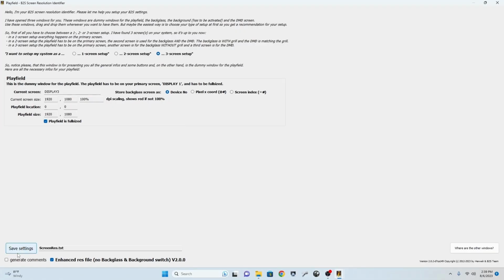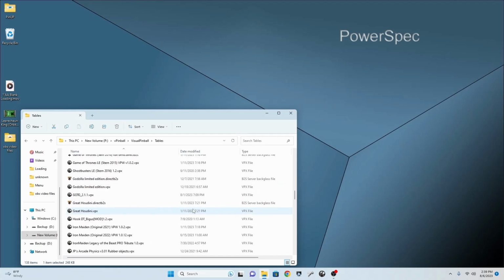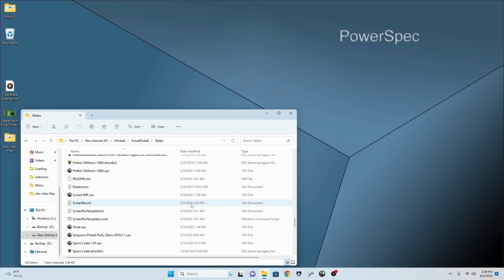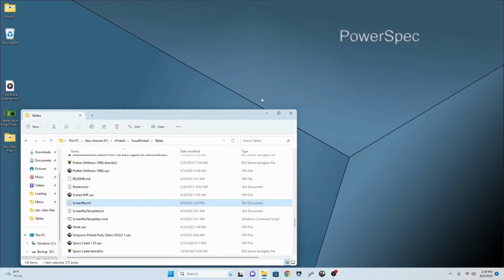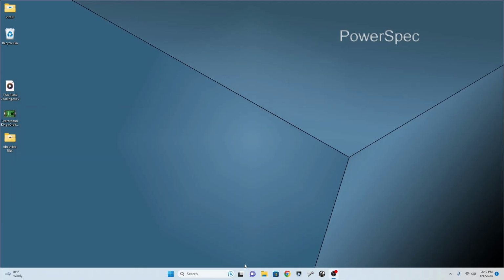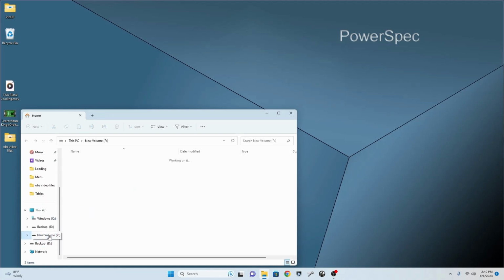Once you hit Save Settings, you can verify that it's saved by scrolling down. There's the one I just made. Yep, that lines up. And I like to just double click on it and see what it's set to. So that is correct. And now, if I go back into my table folder,